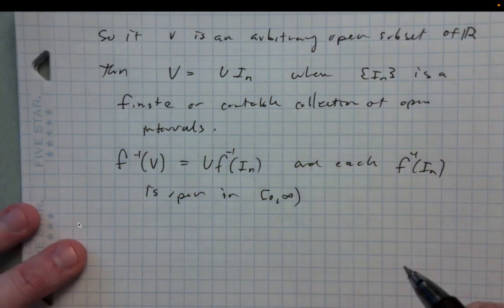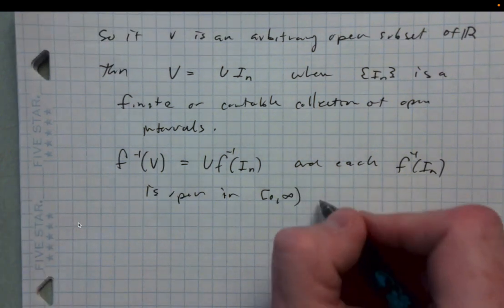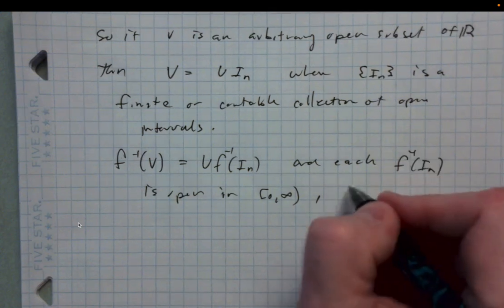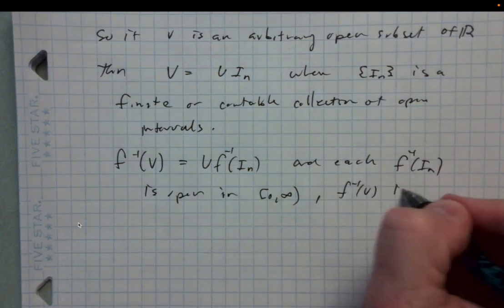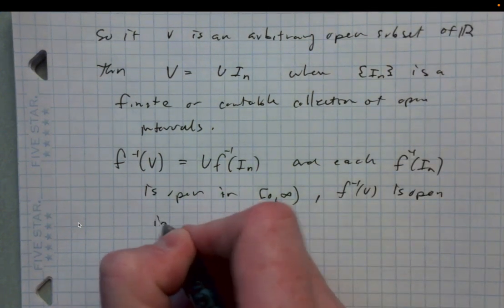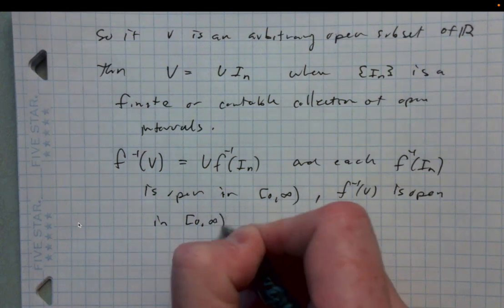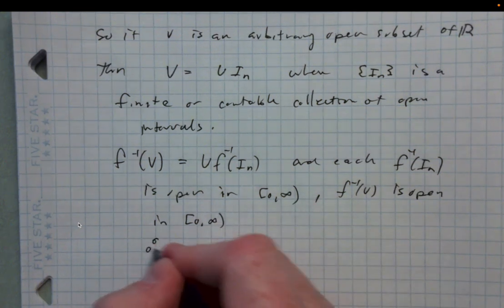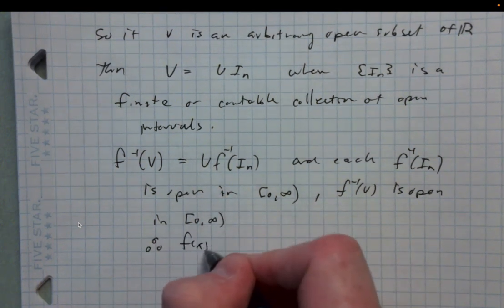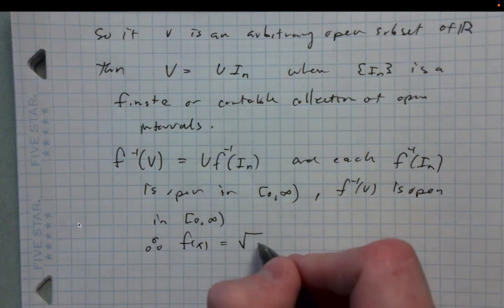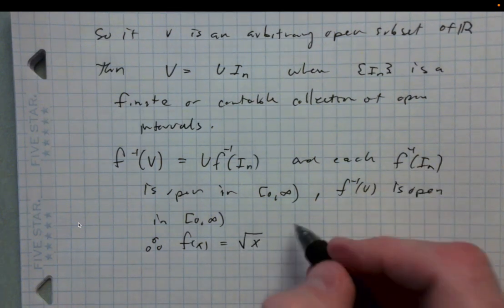So that's just what we just talked through, an example of that. So that implies that f inverse of V is open in (0, infinity). Therefore, f of x equal to the square root of x is continuous